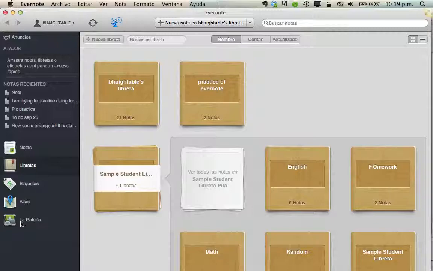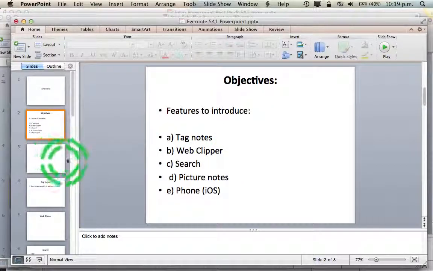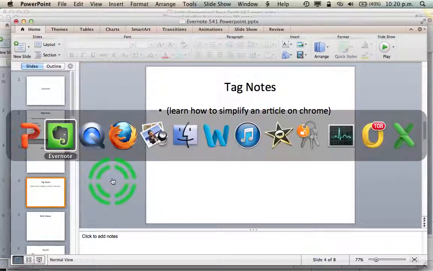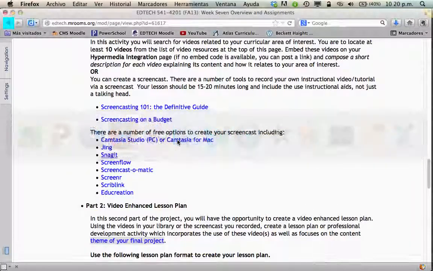And one of the main areas that you'll find is the libretas. In the libretas, as we just talked about on the main areas, you can tag notes. So let me show you how to tag a note. So let's say with this feature, you want to go to a website. So let's say you're on an EdTech website and you want to go,